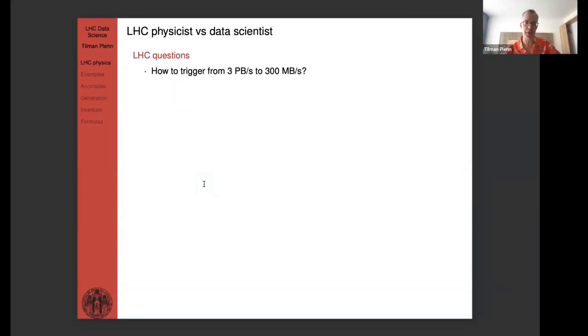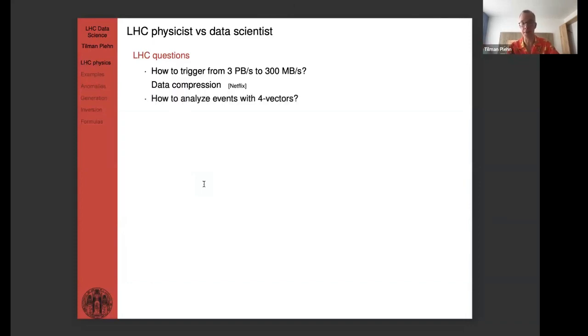For instance, in LHC physics, the question: how do I trigger such that my data stream of Atlas comes down from 3 petabyte a second to the 300 megabyte a second that we can write on tape, right? And you can say, oh, well, yes, Atlas trigger, they're really great at that. But you know what? That's just data compression. And people who know how to do this are usually employed by companies like Netflix. Streaming TV is a masterpiece of data compression, if you think about it.